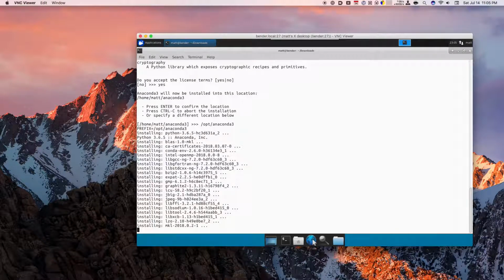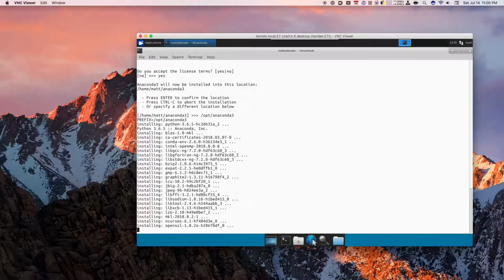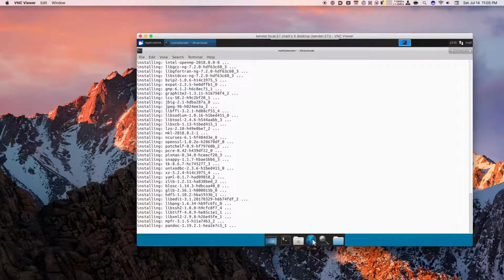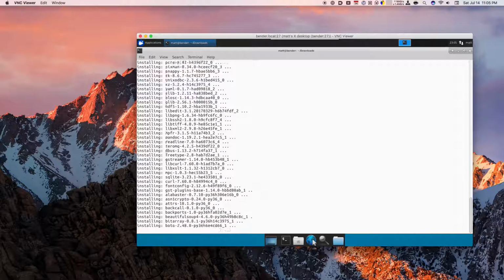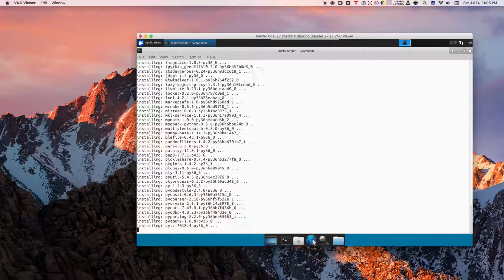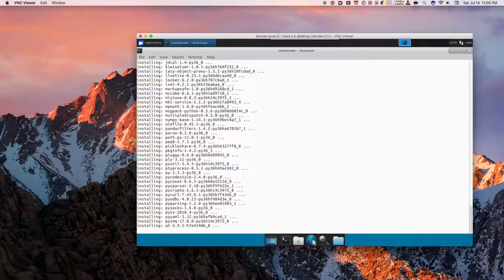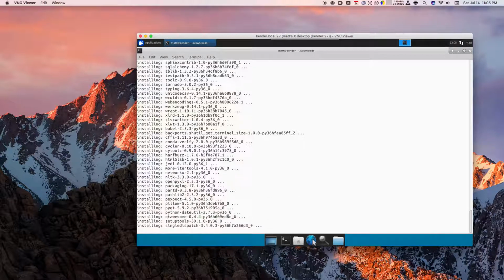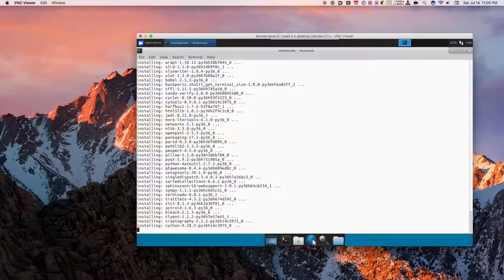Like I said, what this is going to do is basically install this base Anaconda environment, as well as a bunch of common Python packages that are useful for scientific computing and all that kind of stuff. We can also install more packages, which we will need to do later. And the advantage is that we can install these packages and configure them and do all kinds of crazy stuff, and it's still not affecting the base, plain vanilla system Python installation,